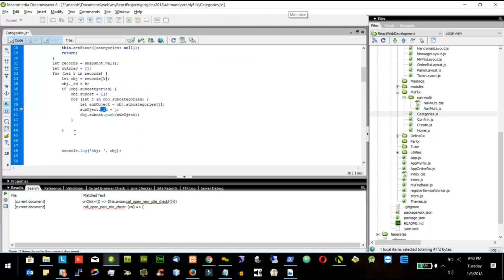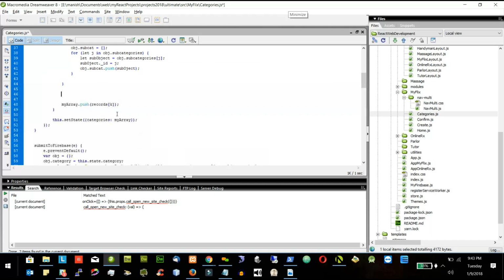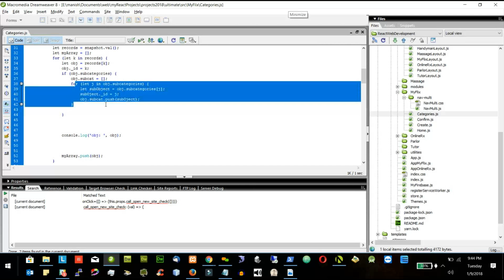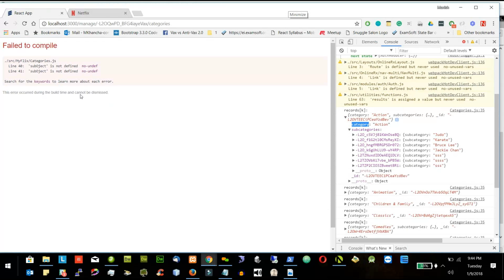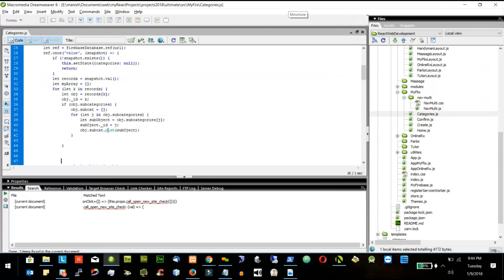Now after everything is done, let's see what the object is, and I will push the object instead of the records k, because object is also having the subcategory. So sub object is not defined, it's saying. So I say sub object equal to object subcategories j, and line right, yeah. What happened? This one is created, right? If we get subcategories,